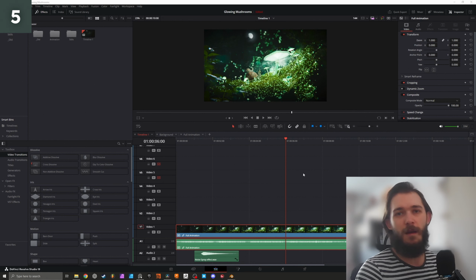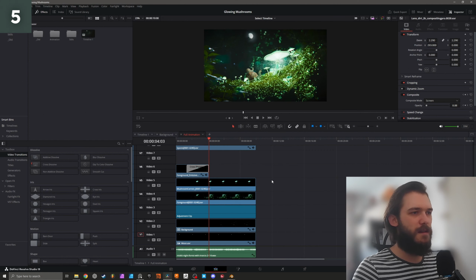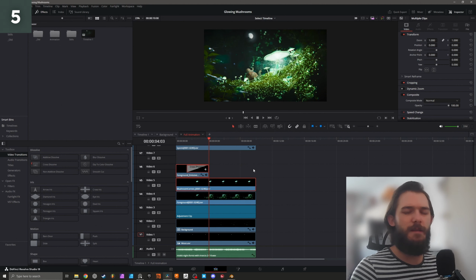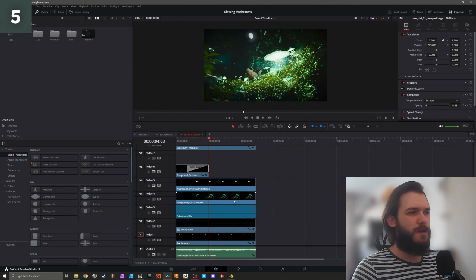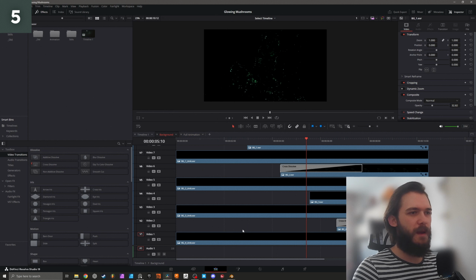post-process them in Resolve. As you can see, these are the various layers of the animation that I imported into Resolve and that I composited together. There are many different layers. We have a foreground layer, and a bunch of additional layers that I rendered afterwards as a correction. These you can safely ignore. What's important is this foreground layer, some adjustment clip that acts only on the background, the moon, which is in the far background, and this background here is a compound clip which has all those background layers that I mentioned